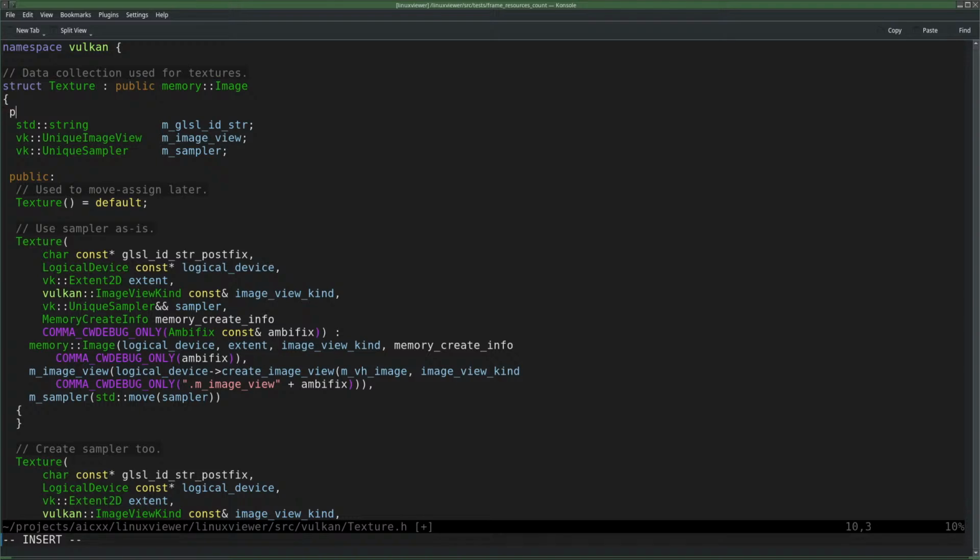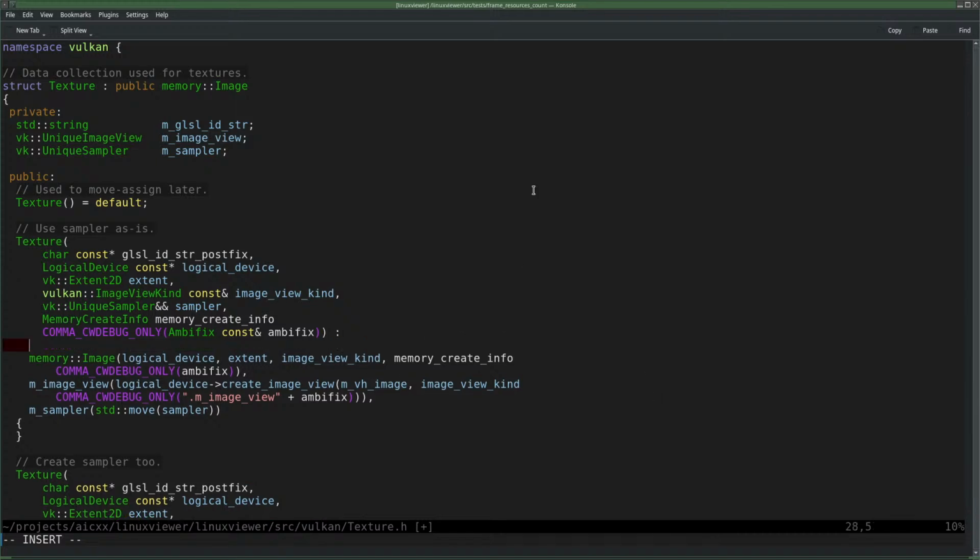Nah, I don't like that. So let's make it private and then see where things stop compiling. Anyway, we have here texture that. I need to initialize the thing now with,